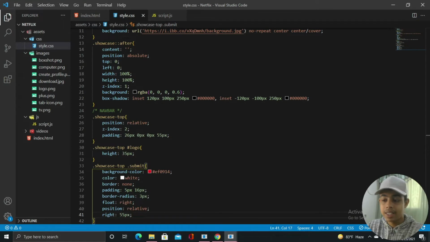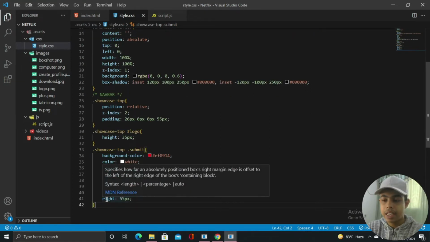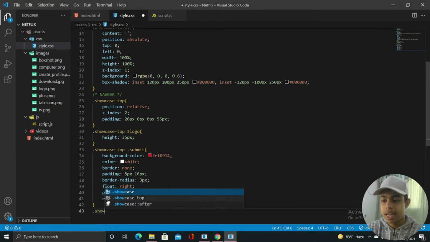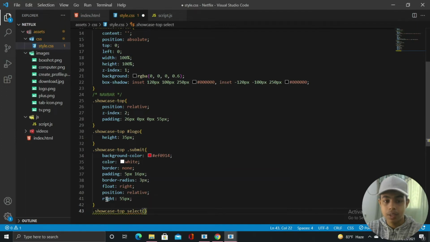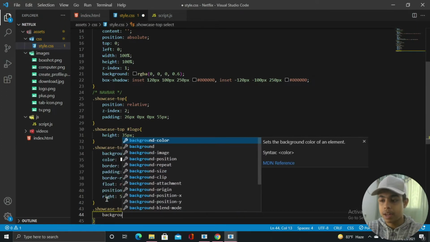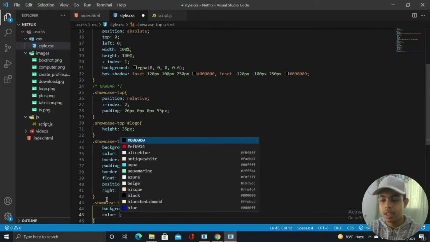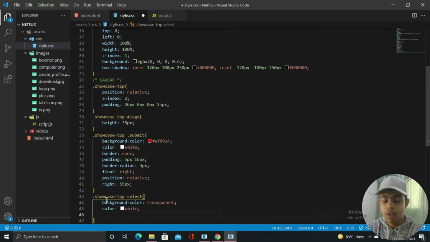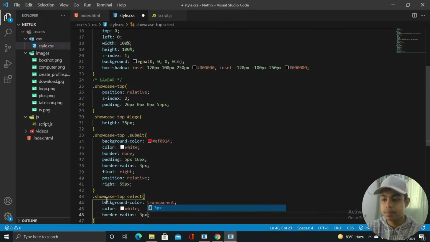Now let's style our select button. So for styling our select button, we can just directly select the tag. Let's come inside my nav bar, and inside this we are just going to select our tag that was select, and we're going to change its background color to transparent. Now let's provide the text color to white, and after that we are just going to provide this a border radius of 3 pixel,